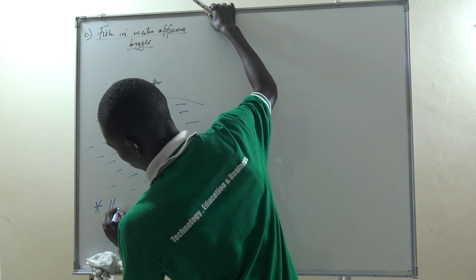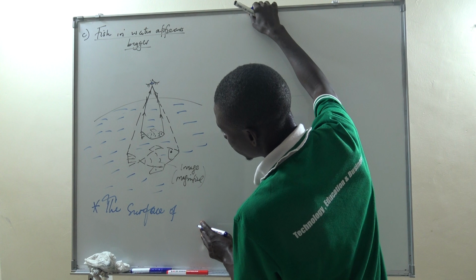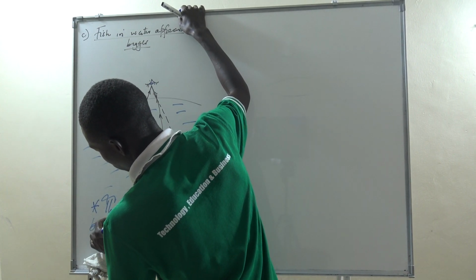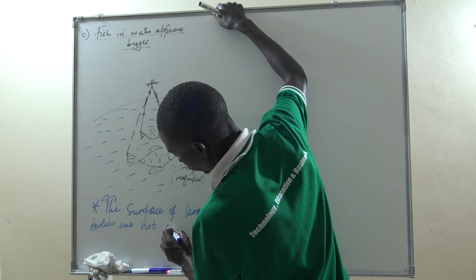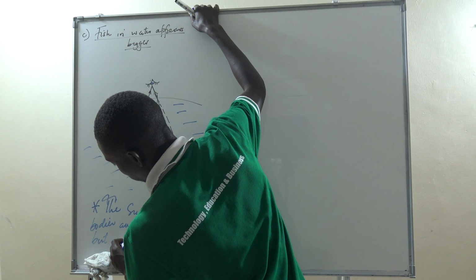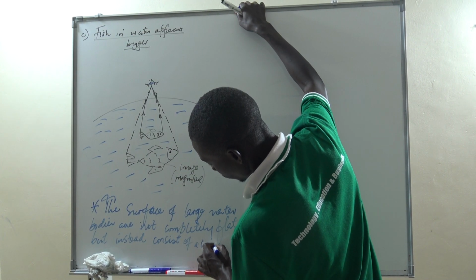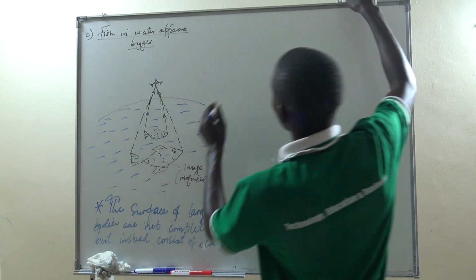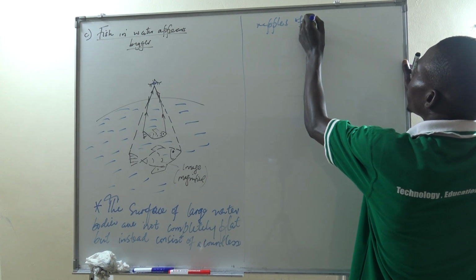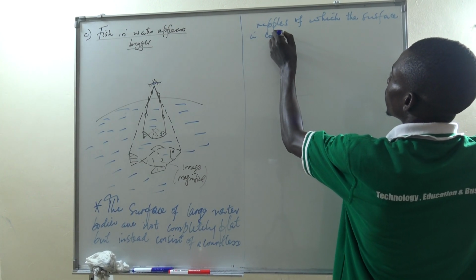We can say the surface of large water bodies is not completely flat, but instead consists of countless ripples, of which the surface in contact with